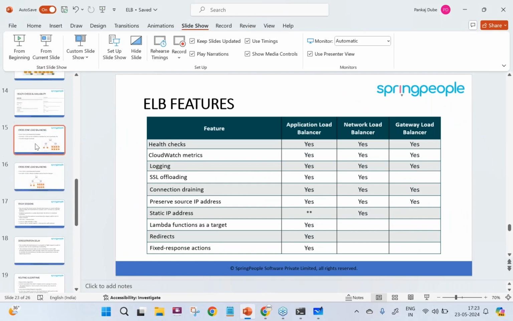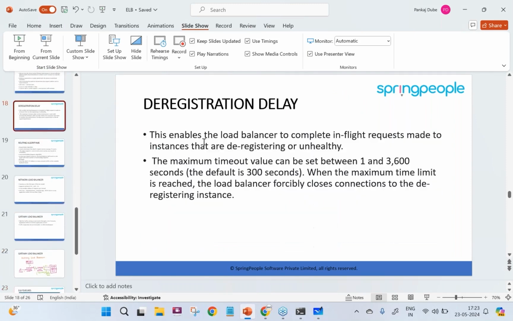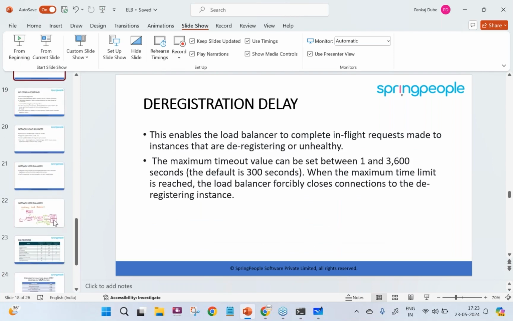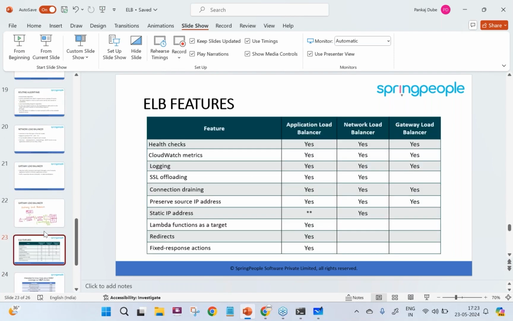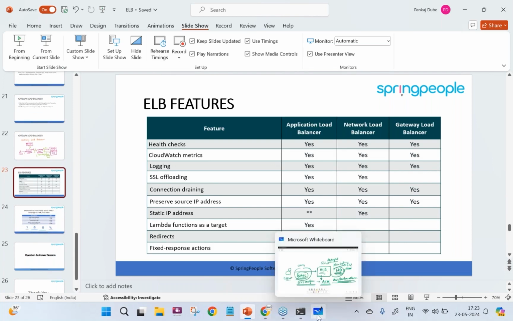We discussed connection draining, that is nothing but the deregistration delay. Deregistration delay and connection draining are one and the same. So that was about the Elastic Load Balancer. To summarize, we discussed application load balancer, network load balancer, and gateway load balancer.